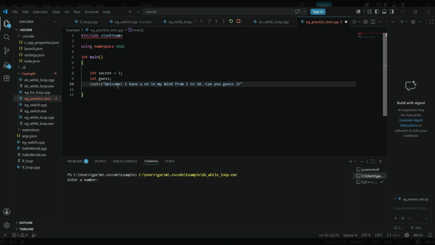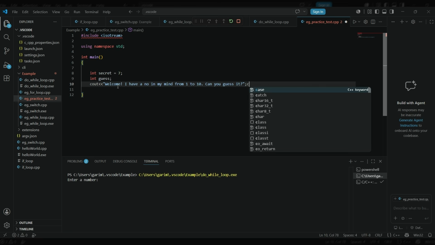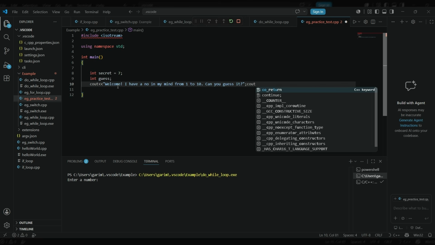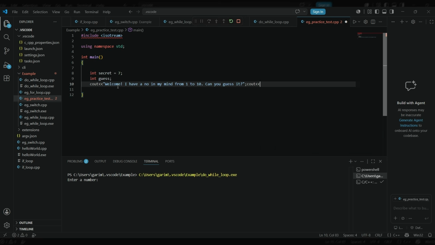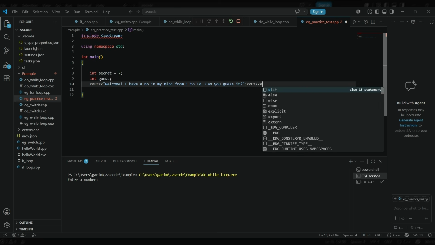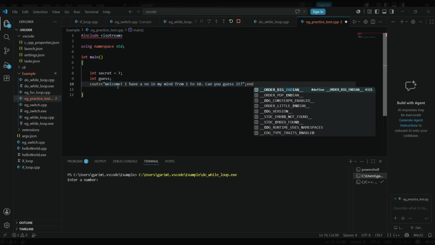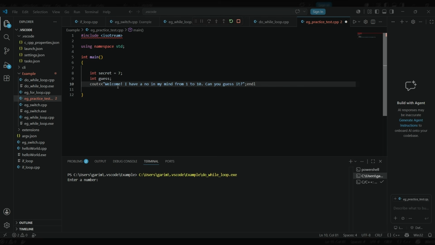So this is the output which will be shown on the terminal. Then endl. It's not cout endl, it's simply endl. You have to put the extraction operator here. Then the next line will be, we'll start the loop. True means this loop will run forever until we explicitly tell it to break. So while true,